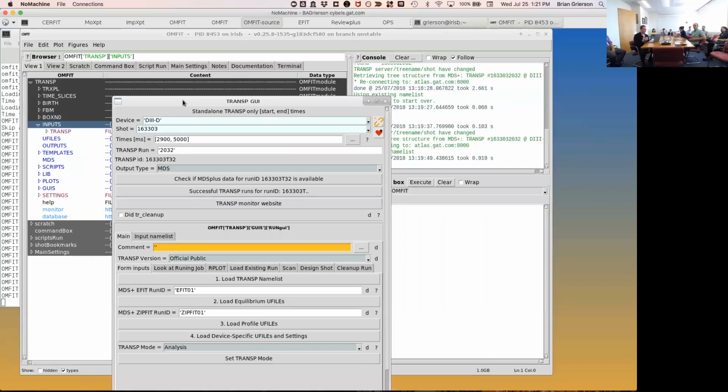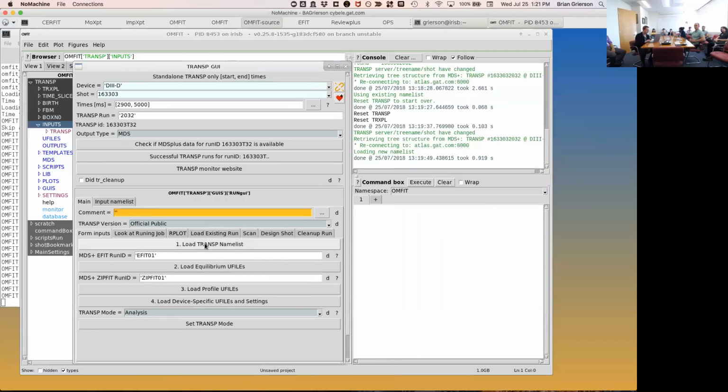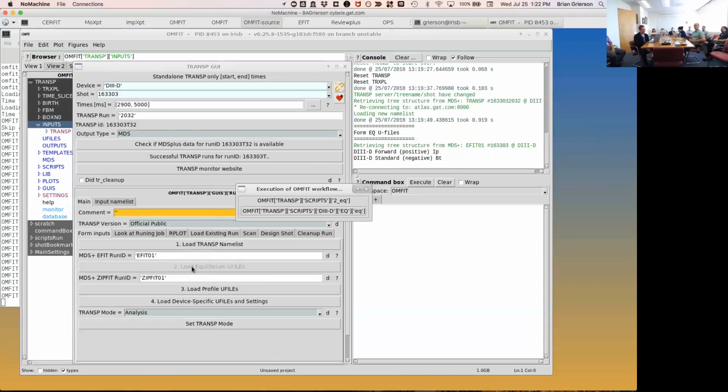So once we created that namelist, we're now going to load equilibrium U files. You can see these things here are numbered: load TRANSP namelist, load equilibrium, load the profiles, and then we'll load the ones that are specific to the device, to DIII-D. So we're going to load the equilibria between the times that we've selected here, between 2900 and 5000 milliseconds. So when I click this button,